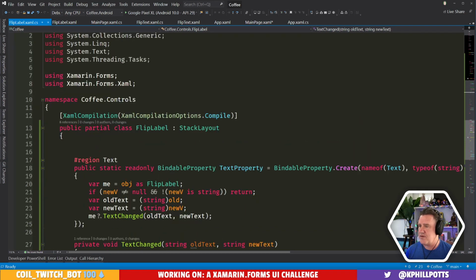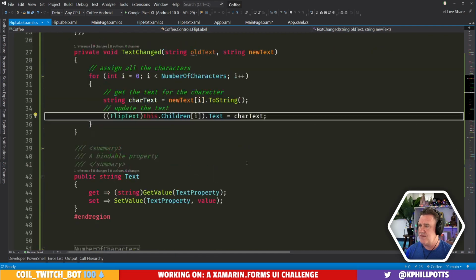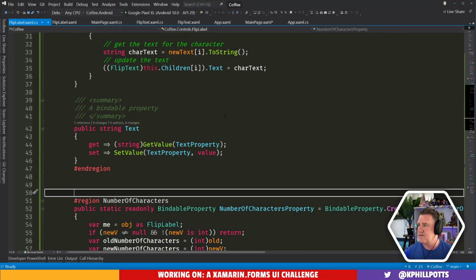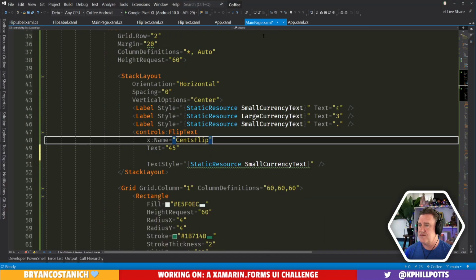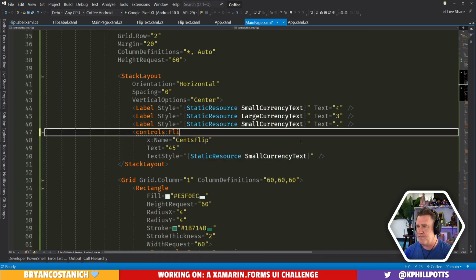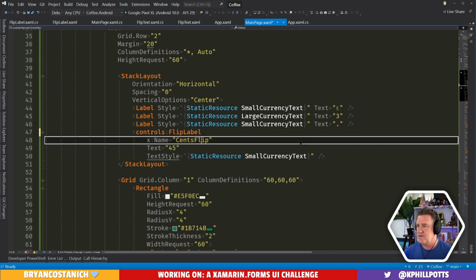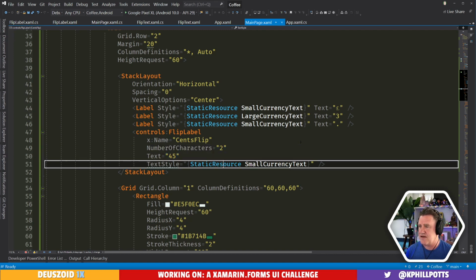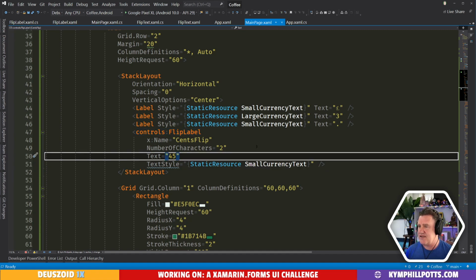I thought I had a bindable property. I have a text property. I have another bindable property, number of characters. Okay. This wants to be a flip label now. I'm going to be a little bit cheeky here to start with. Okay, I don't have a text style, so I want to add a bindable property for a text style.